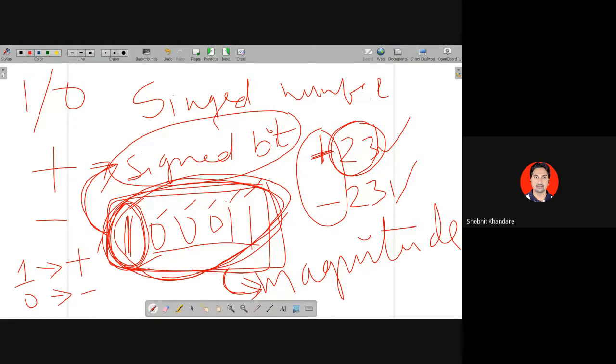I think time is not left, so I can just comment before I end that whenever your MSB bit is there, that will give you the sign, and the total number of bits will give you the magnitude. So you will not say the remaining bits, here you have to say all the bits. So all the bits give us the magnitude and your MSB tells you the sign.